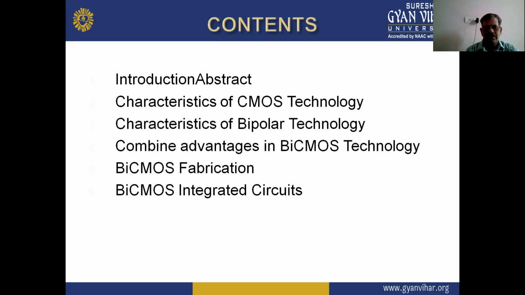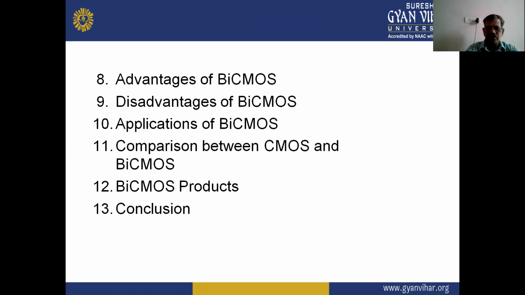CMOS device: what are the characteristics of CMOS technology, the characteristics of bipolar technology, and what is the combined advantage of these technologies, and what is the fabrication and what are the integrated circuits used for in the CMOS device, and what are the advantages, disadvantages and applications also. So here